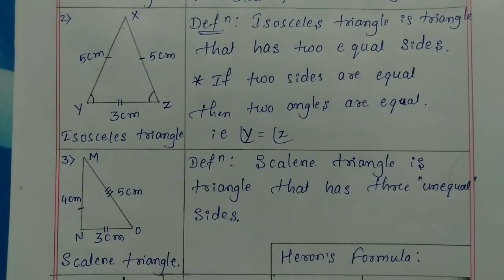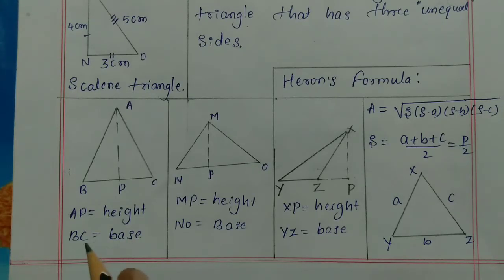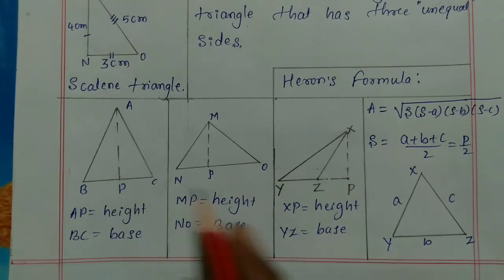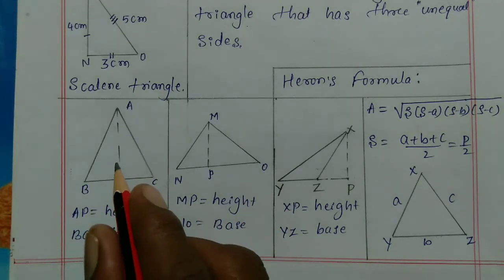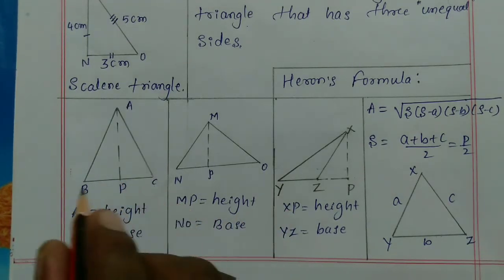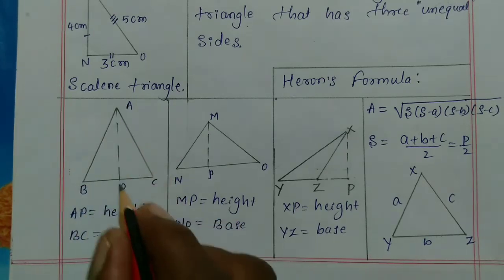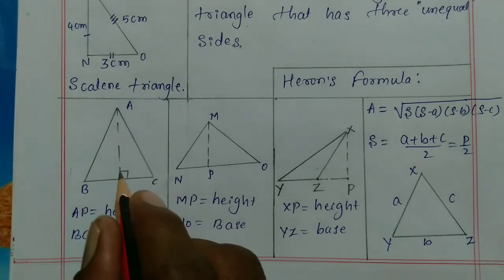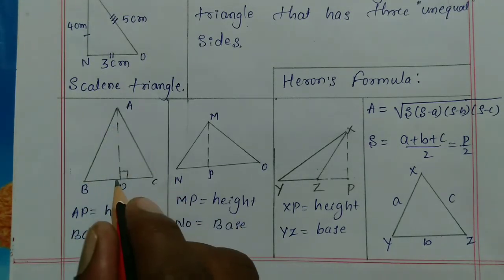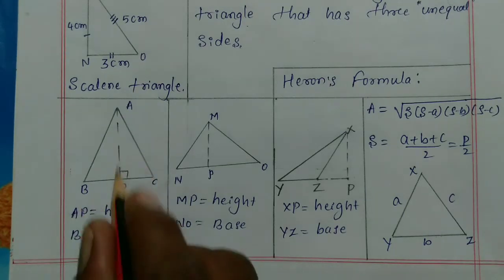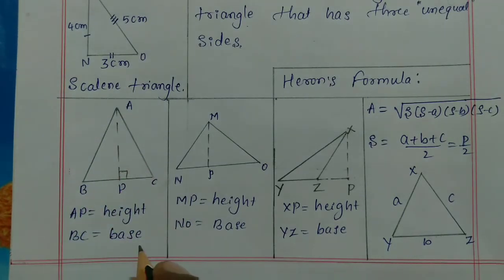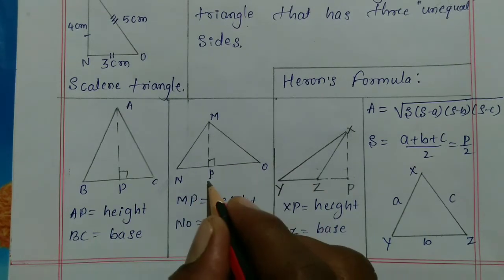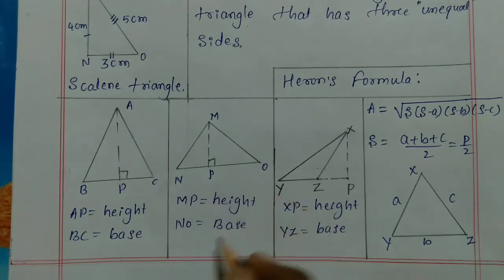Right. So next, I will explain here how to find the height of the triangle in different triangles. So in this triangle, this is base, that is BC is base, height is AP, which is perpendicular to base, then it is called a height. Okay. Here perpendicular is this and this is said to be height. So you can write AP is height and BC is base. In this triangle you can draw here perpendicular, that is MP. Okay. So here MP is height and O is base.